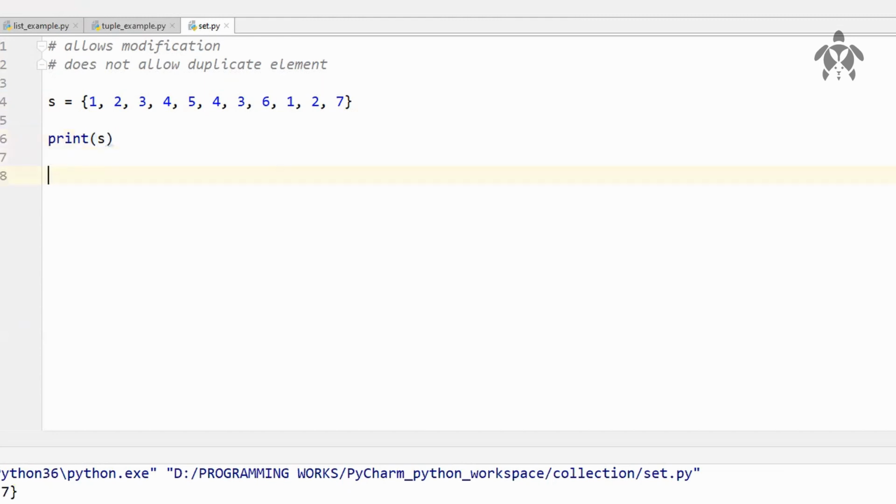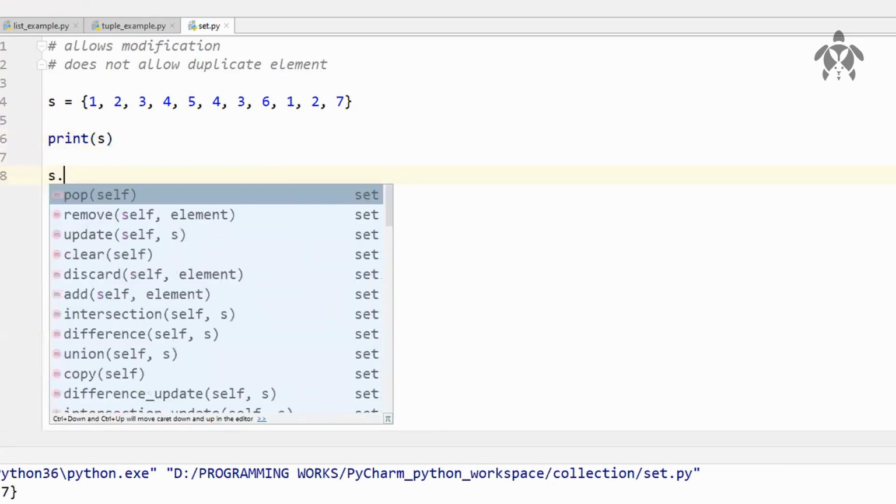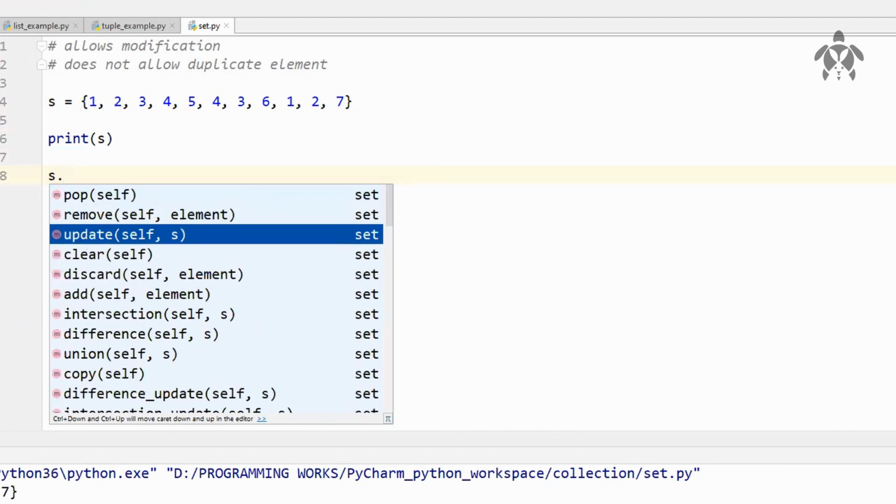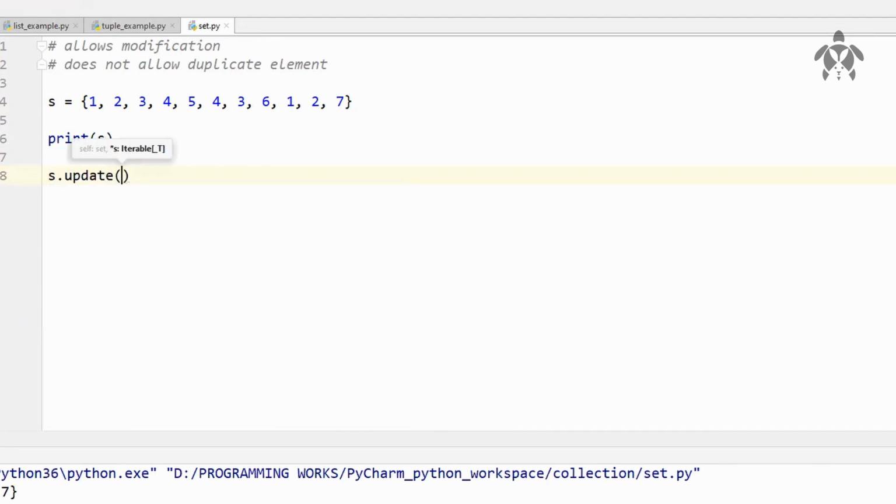That's it. The other things are very much the same. See, s dot pop. Pop means just throw out one element. Remove means remove this particular element. Update is basically when you are trying to put a new element within it. They call it update instead of insert. Very same things. See this: if I do s dot update and add, for example, a new list over here like 23, 56